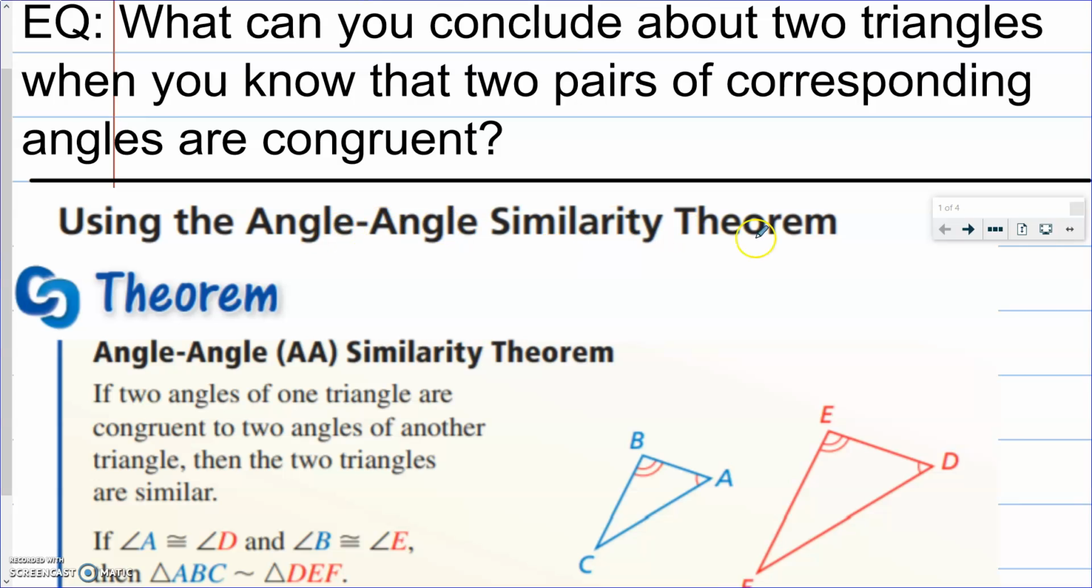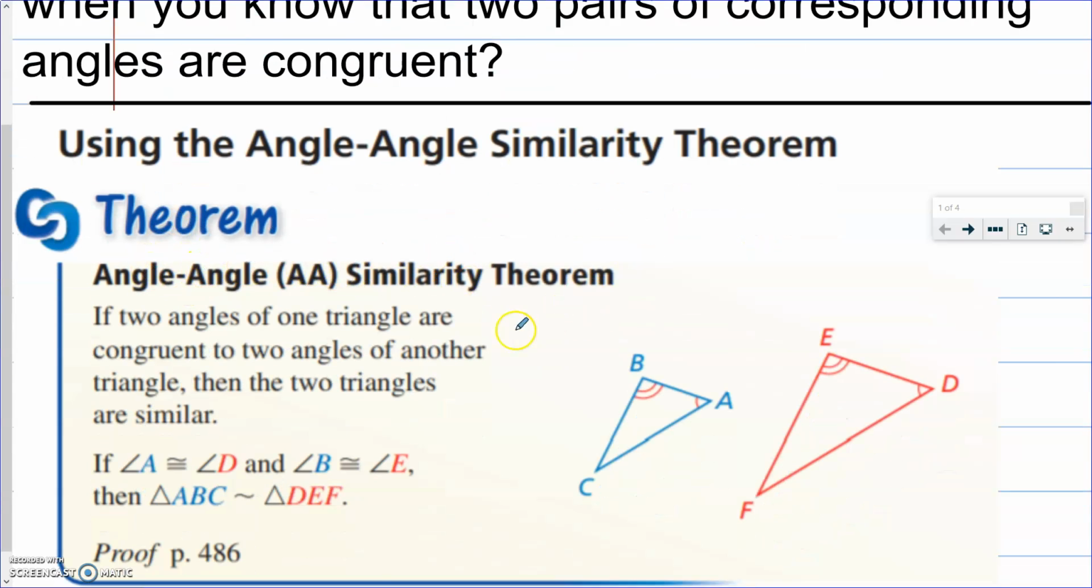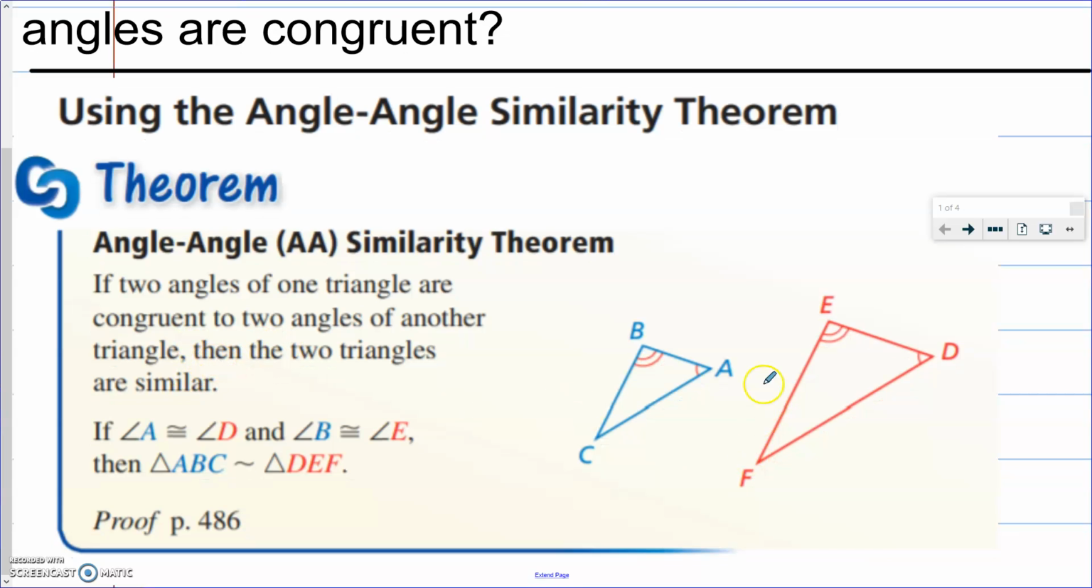So we're using the angle similarity theorem, and the theorem states: if two angles of one triangle are congruent to two angles of another triangle, then the two triangles are similar. So we have a blue triangle ABC, and we have the red triangle DEF. And then if we know that A is congruent to D, and B is congruent to E, these red lines